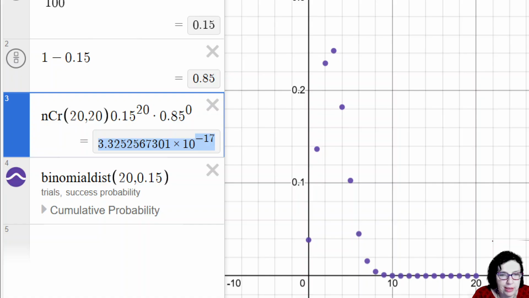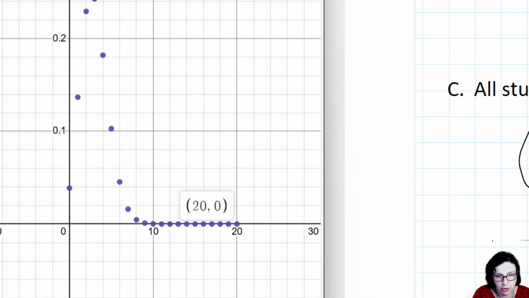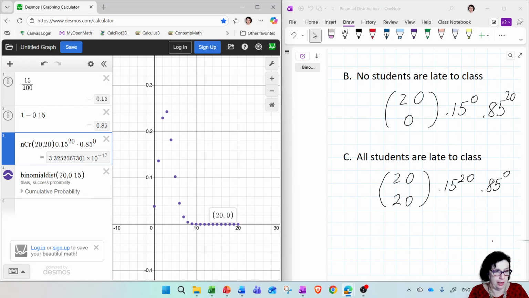So this is actually scientific notation, and this means that 10 to the negative 17th, that means that your decimal point will be moved to the left 17 times, and which means that you're going to get a tiniest of the tiny numbers. So for all intents and purposes, this is just going to be 0. And you can see that if you click over here on that dot, on the bottom at 20, you get 0 for the probability. And that's it. That's all there